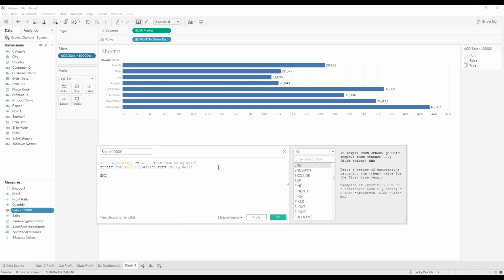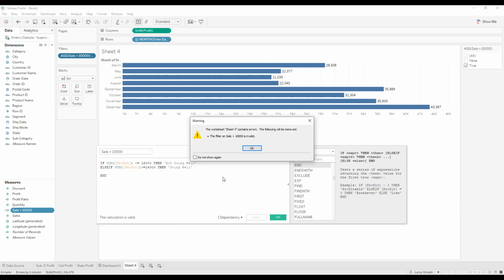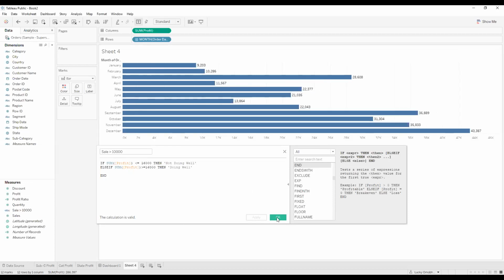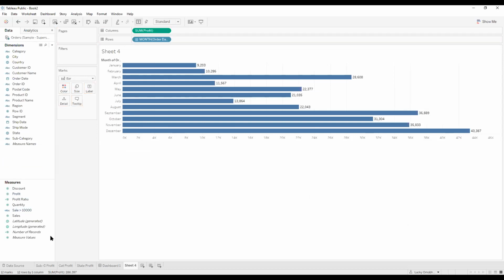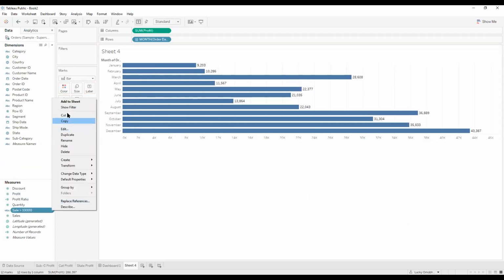There are shorter ways to write this calculation, but for now, let's just stay with the basic. And so let's check to see if our calculation is true, because it's going to update this. Let's click apply. Okay, all right. Let's click OK, and let's show our